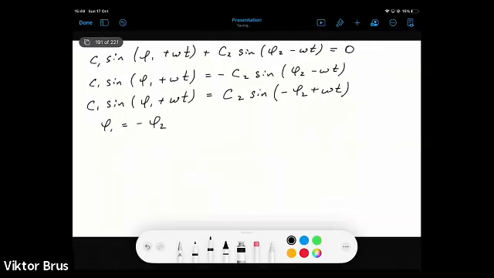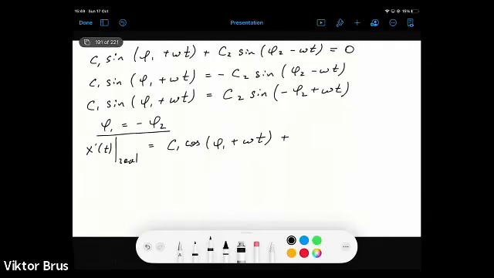So if we now, for this x prime as a function of t, for the real part, we substitute the condition when φ1 is equal to minus φ2, it will be C1 times cosine(φ1 + ωt) plus